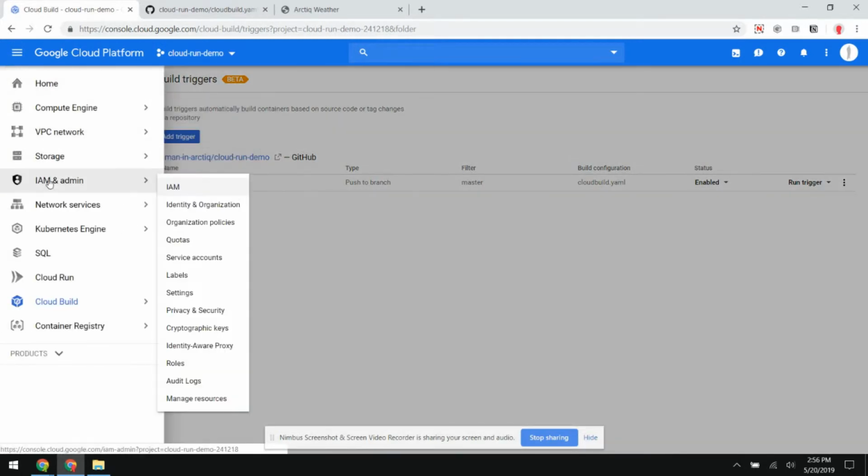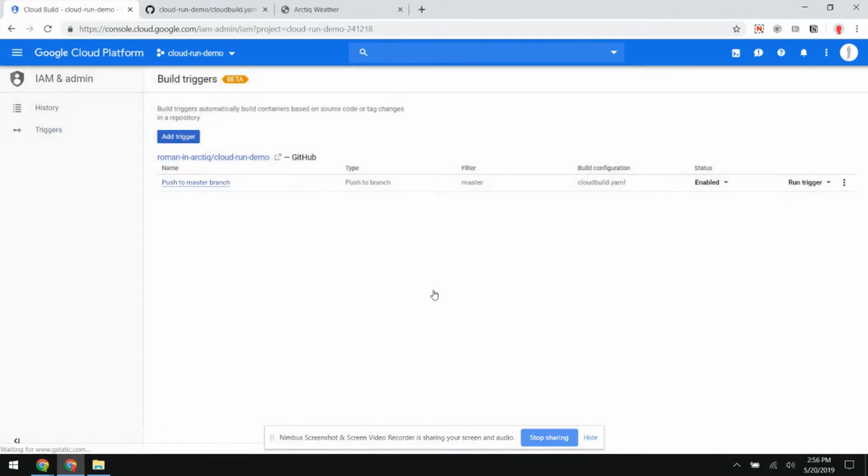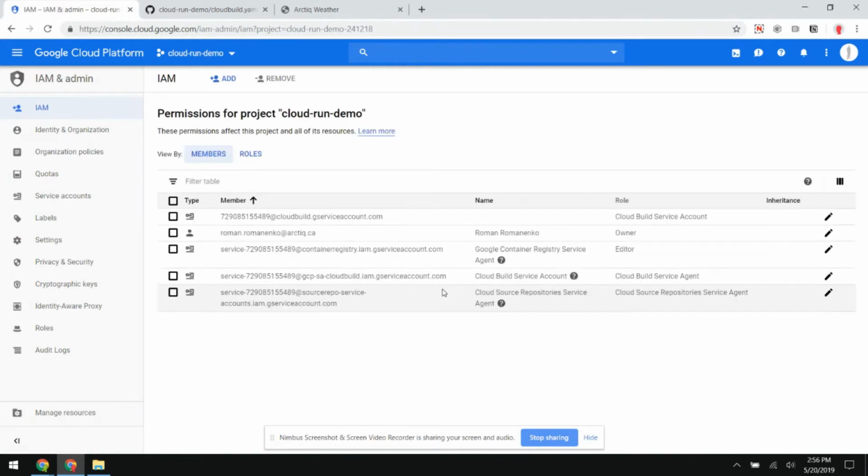To prepare for that, we want to go into the IAM section and find the account that's going to be responsible for Cloud Build. You can see it right here. And we want to edit it